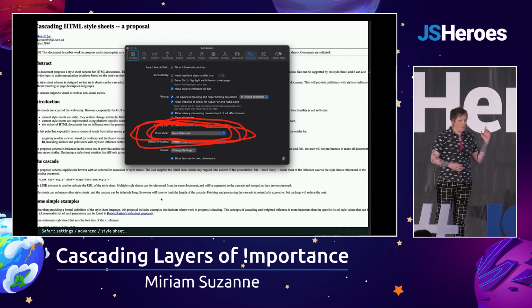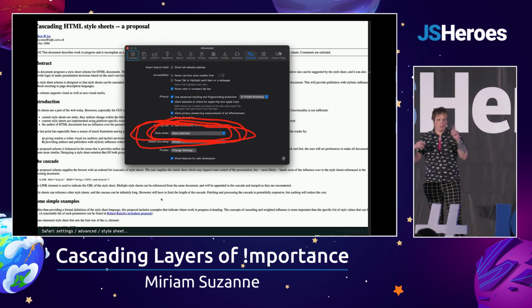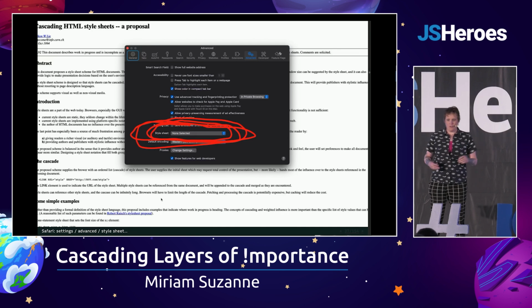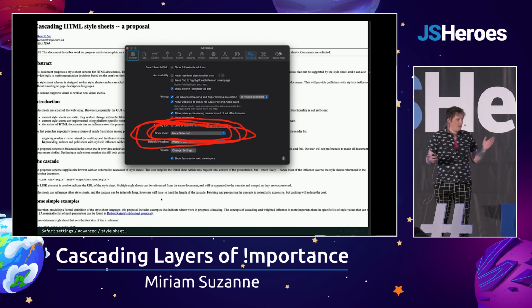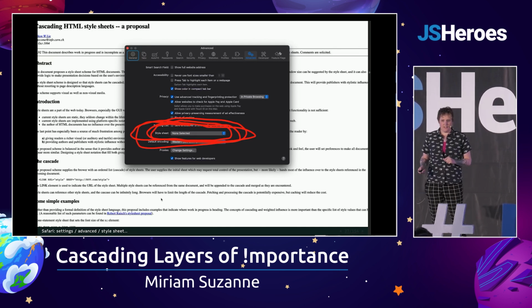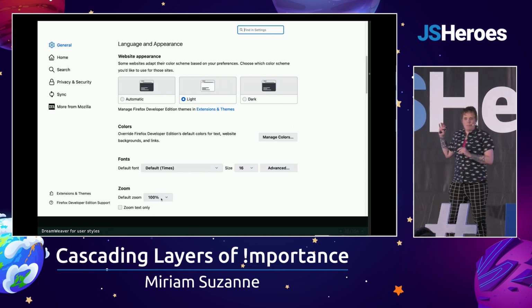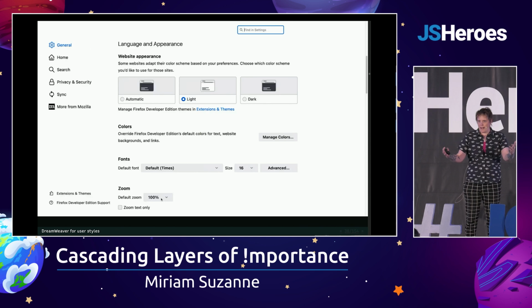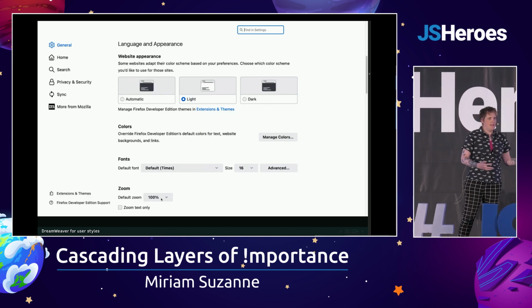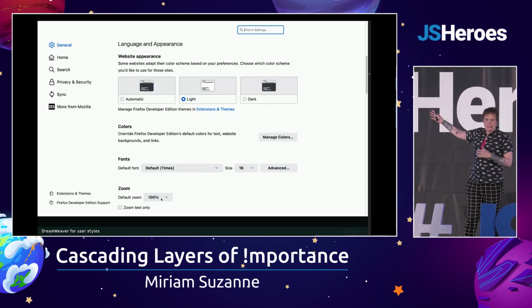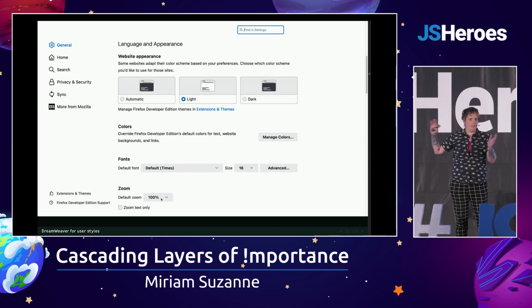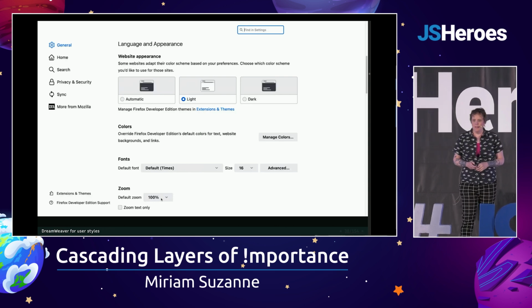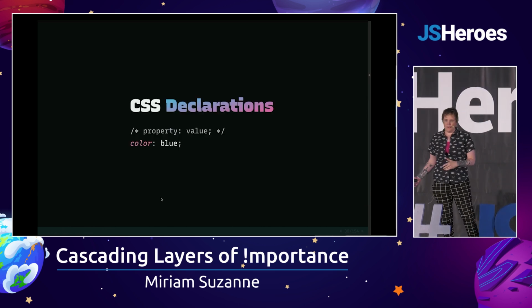That's still true in Safari. You can go upload your user style sheet, and it will all apply to all websites. It's a little bit harder to write a user style sheet these days, but you can do it. Most other browsers have moved to this model where they provide you with a graphic interface for setting some preferences, and it's a limited set, but it's basically just Dreamweaver for users. They're writing the CSS for you.